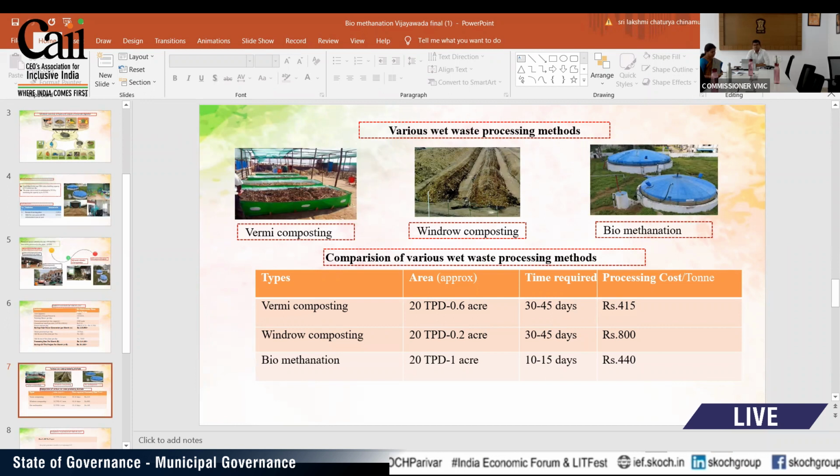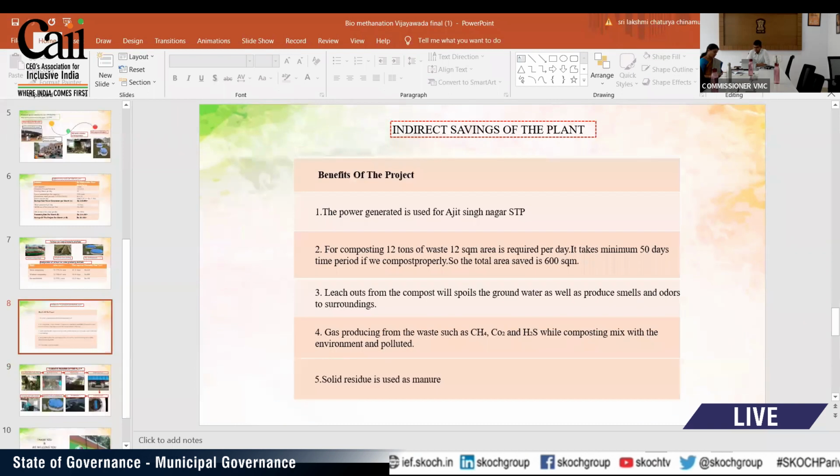But biomethanization gives us good results when it comes to the timing, that is the time which is required, as well as the processing cost is less. Only the initial capex is more in terms of the biomethanization plant. That's why we have chosen biomethanization. The only thing that we have to ensure is the supply of pure wet waste to the plant on an everyday basis. Next. So the benefits of the project: the power generated through this plant is used to